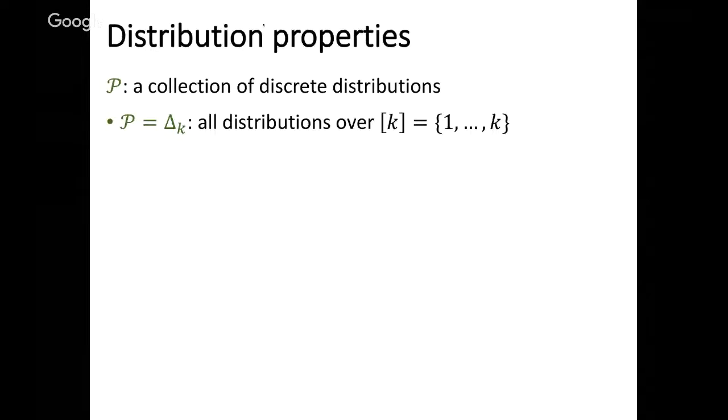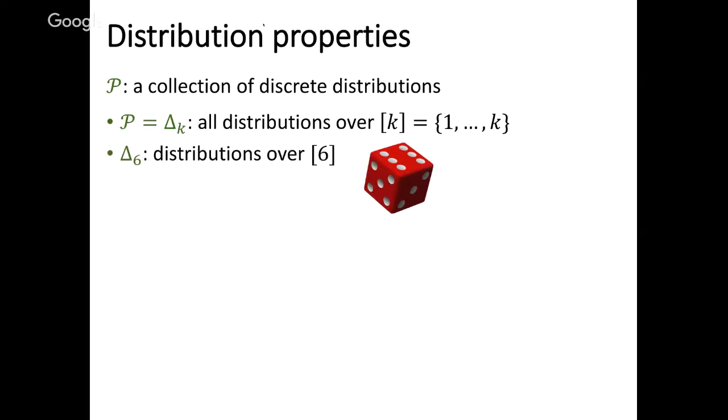So suppose P, this calligraphic P, will denote a collection of discrete distributions. So what are some examples? One example could be delta K, which denotes the set of all discrete distributions over K elements. For simplicity, we just assume distributions over 1 through K. So one example could be delta 6, which is all possible discrete distributions over 1 through 6. You can think of it as all possible distributions of a die,